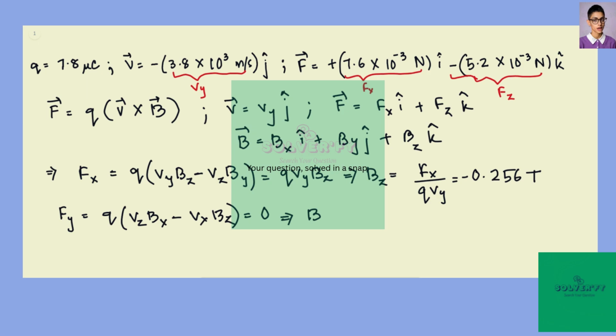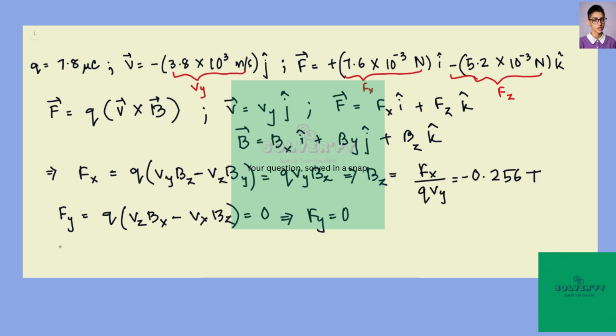Sorry. So this means that Fy is equal to 0, which is satisfied from here. So there is no component of Bx or By. It's not possible to find because these also cancel out to be 0, because Vz and Vx